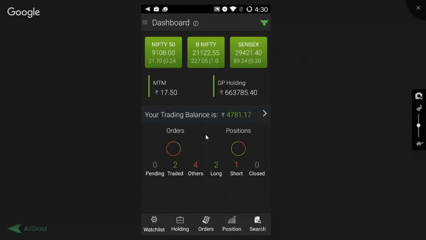So, getting back to the webinar, getting back to the dashboard, we've completed with the orders. There's another component, and the last component, that is positions. This is again the overview of all the positions that we have longed, that means we have purchased. We also get to know the positions that we have short sold, that means we have sold the position first and we would buy it later. So short positions are given over here, and all the positions that we have squared off.